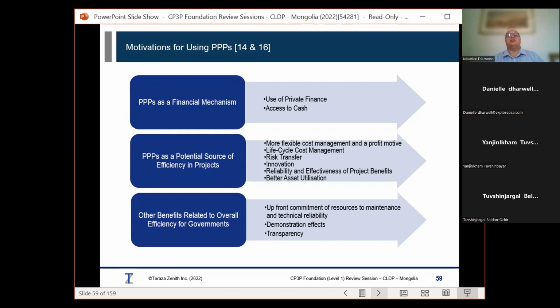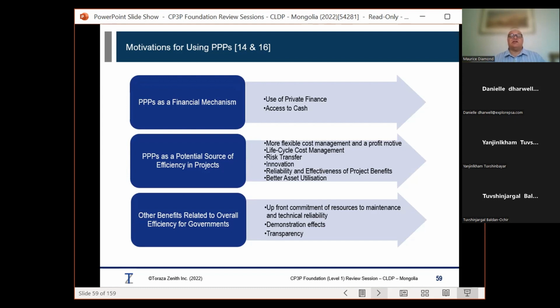By getting the private sector to do something, they have got greater flexibility about the financial control. Plus, they are seeking a profit. So if they're seeking a profit, they're more likely to deliver the project to time and to budget. Some of the research that's been done has shown that about 75% of all government projects fail, or rather, depending on your definition of fail, but certainly they are late and they overspend. Whereas 75% of PPPs are delivered on time and within budget.